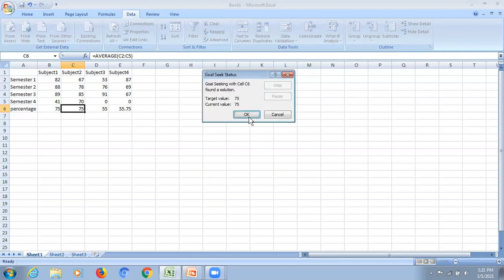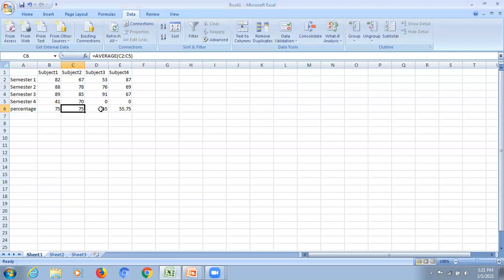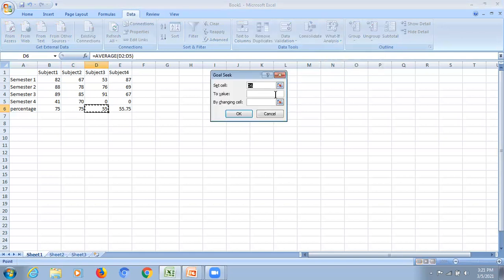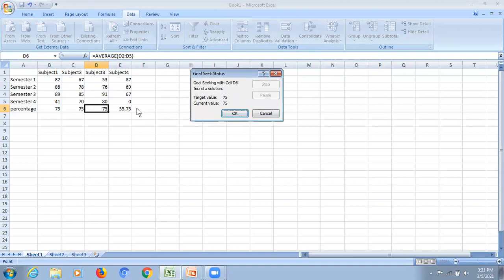You can see here that in subject 2, she has to score 70 marks. Let me repeat it. Set cell to value 75 by changing cell. Great. She has to score 80 marks in semester 4 in subject 3.